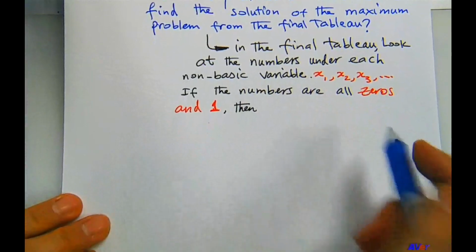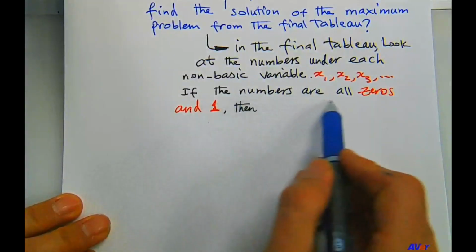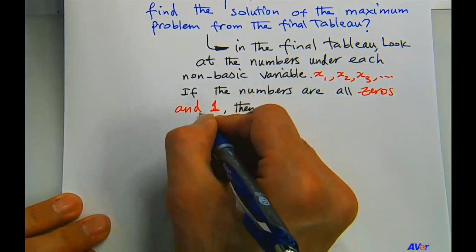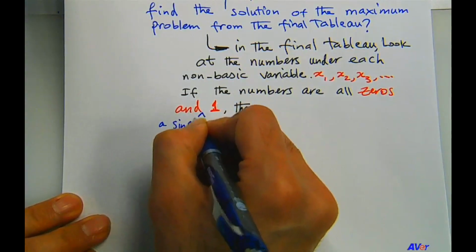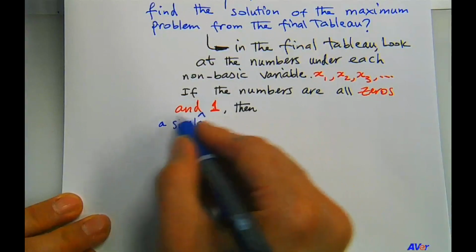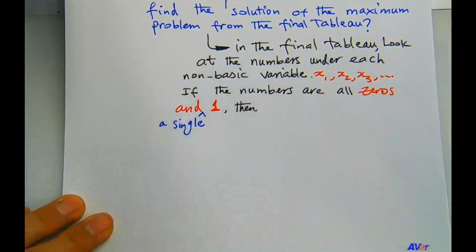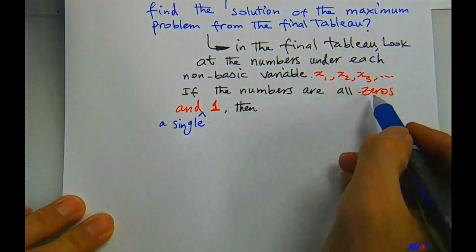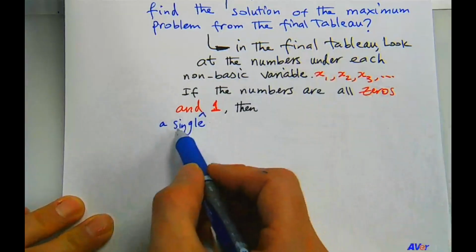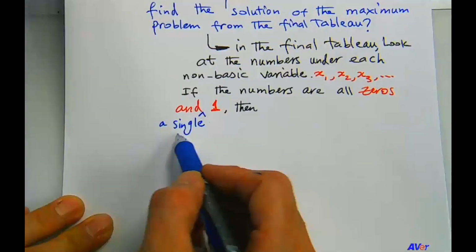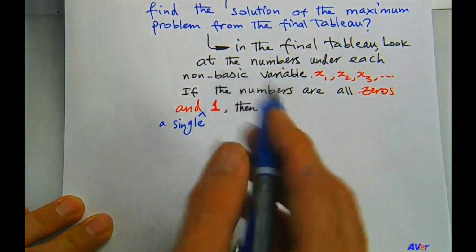I should add here, if the numbers are all zeros, and let me add here a single one, not zeros and multiple ones. There could be multiple zeros, but not multiple ones. If there's zeros and a single one, then